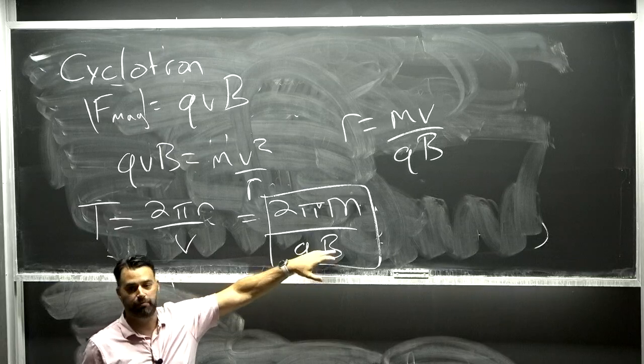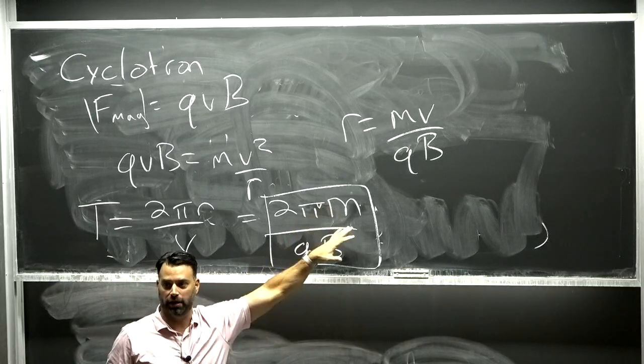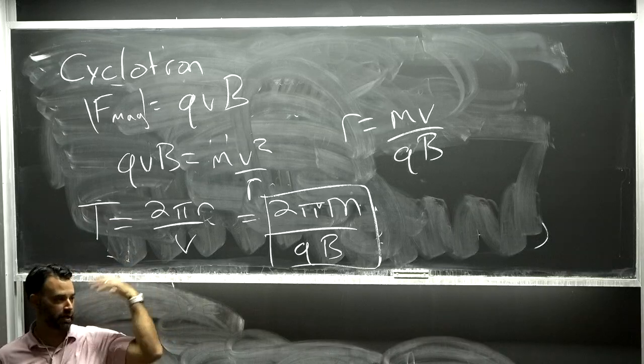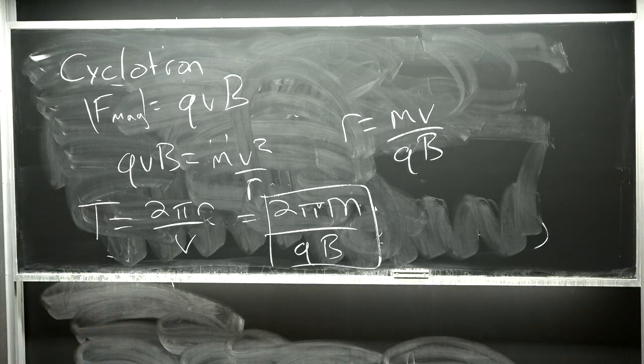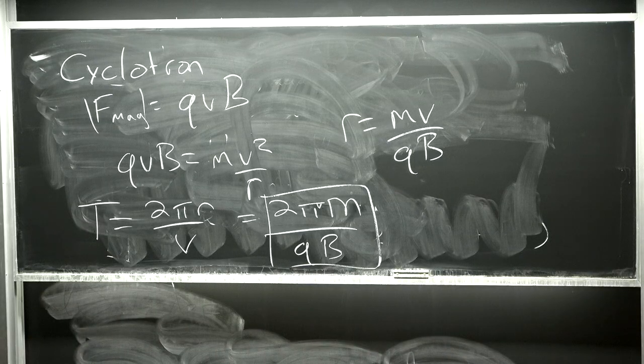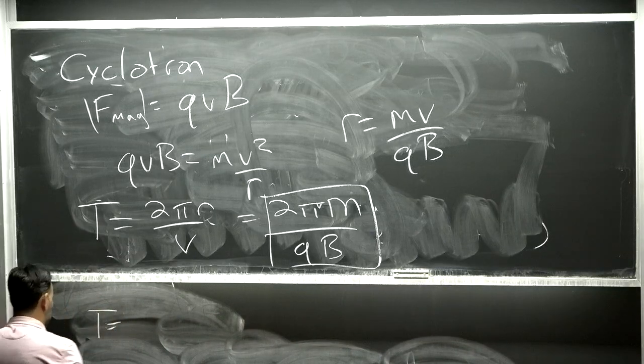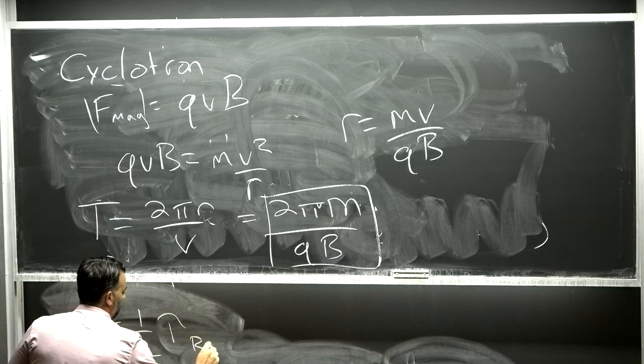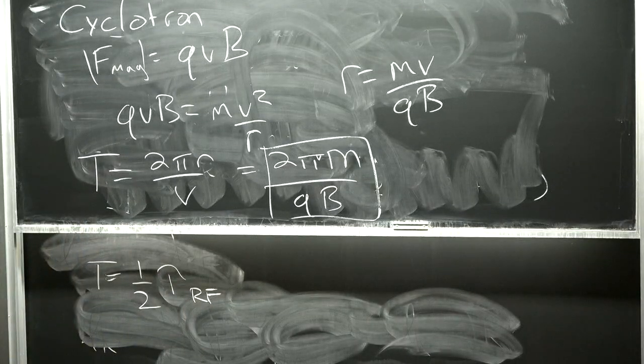Okay? If you give me a B field and what particle it is, your m and q, that you're accelerating, I just have a fixed frequency that's going around. So therefore, I can choose what RF frequency I need to power this at, and I'll automatically synchronize. Instead of continually having to build the cavity bigger and bigger and bigger like we did before, it's an auto-synchronization. Okay? So all I have to do is choose the condition for my RF frequency that my period is a half of my RF frequency. Okay? Now, even though we have this automatic synchronization that we didn't have for the linear collider, we had to build it in this way,